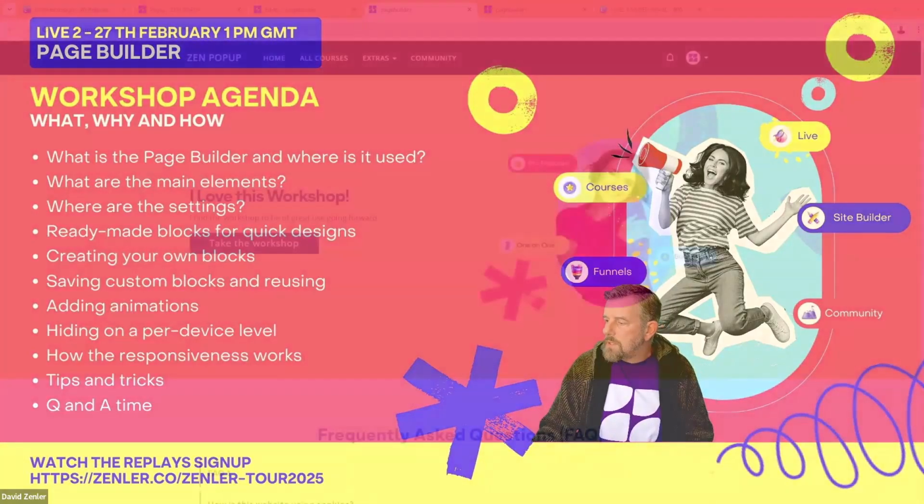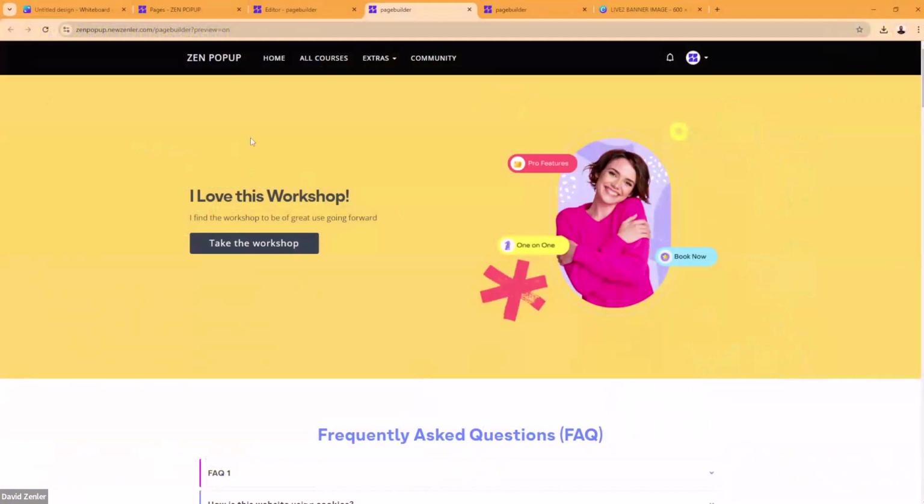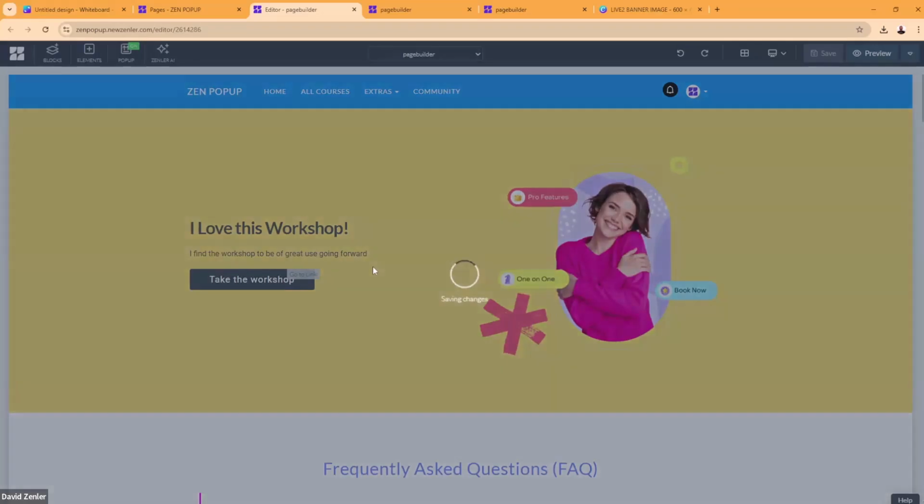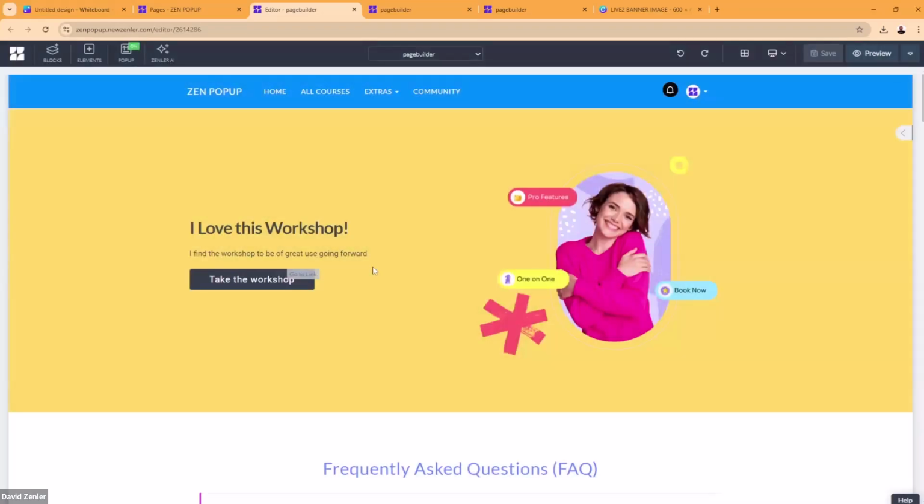So if you guys don't know, you can save blocks out if you're on our pro or premium plan. All you need to do is click the block here and click this little save block as template. If I call this custom one, name it something that you can easily identify. It does give you a screenshot, but identification is really important. In this case, I'm using custom one, but if it was a proper block, like my main header block, I might call it header block. Then it means that next time you open a page up, you can drop it in there.